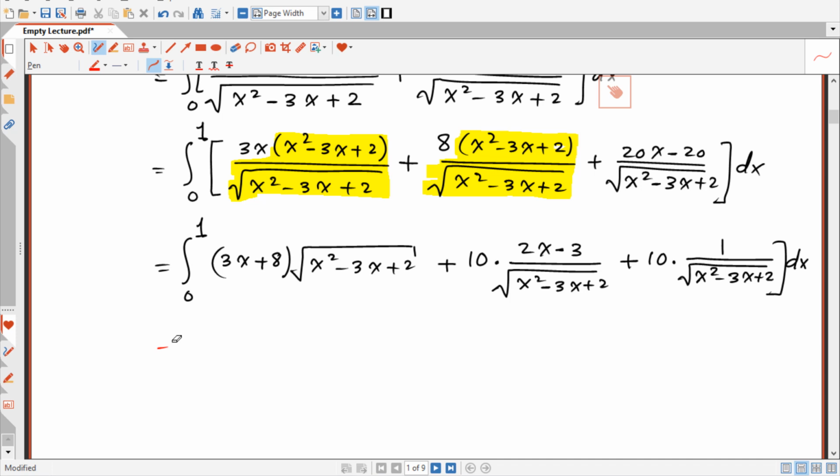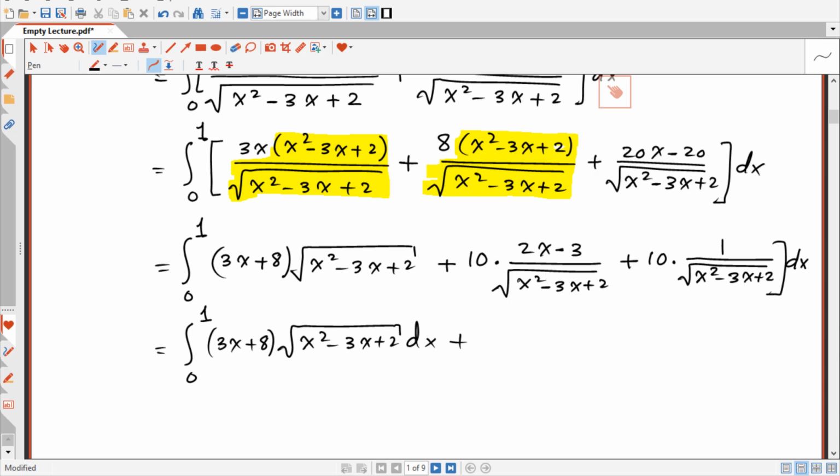So this is equal to the integration from 0 to 1 of 3x plus 8 times the square root of x squared minus 3x plus 2 dx, plus